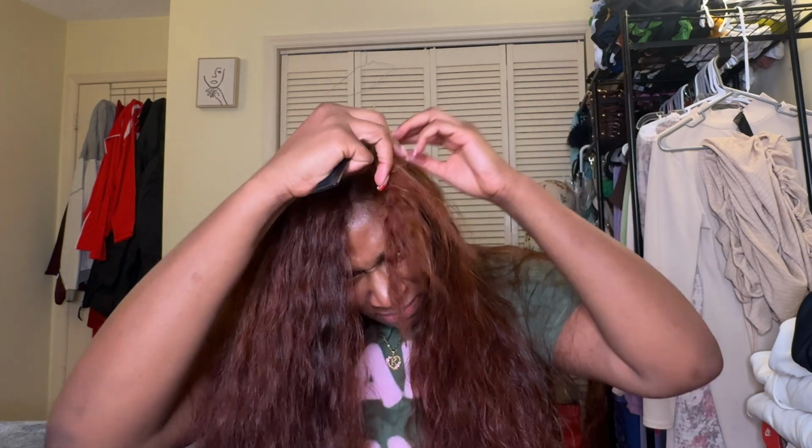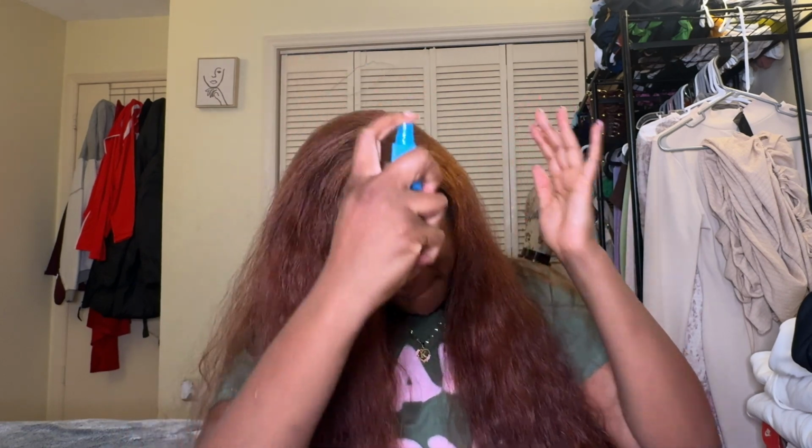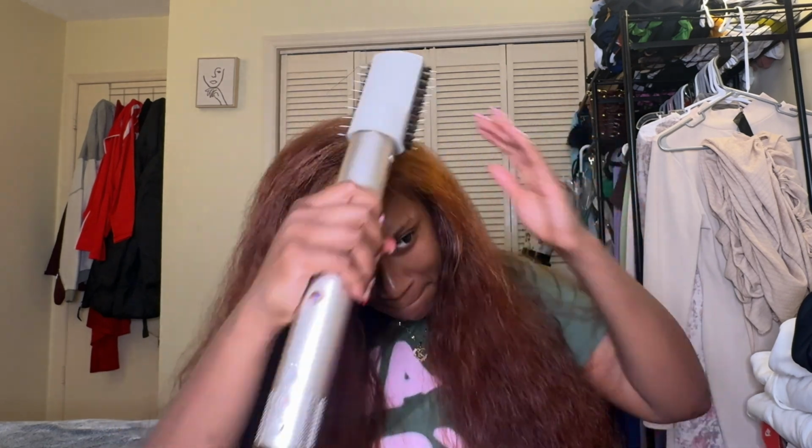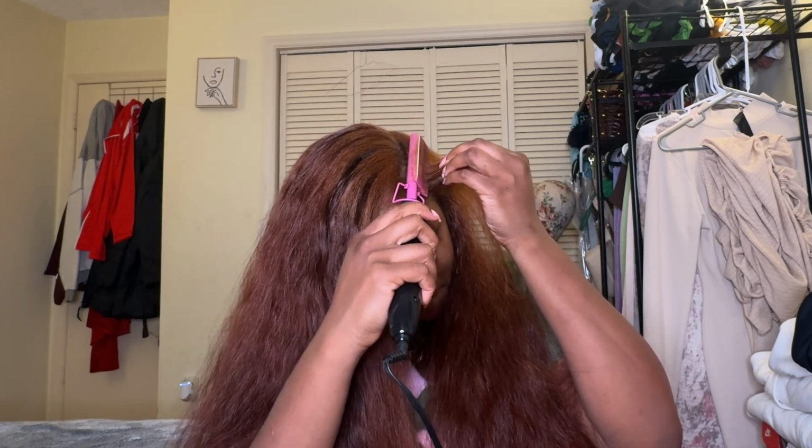My natural hair, I have it dyed ginger, and for the most part it matches pretty good. I didn't want to leave out too much of my hair, and I also am trying to preserve my natural hair just because, like I said before, I have been dealing with some breakage. I don't know if it's from me wearing the sew-ins and weaves and having my edges out, or if it's the color, but I definitely have been experiencing some breakage